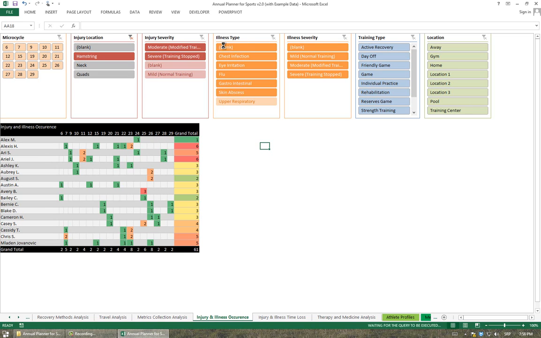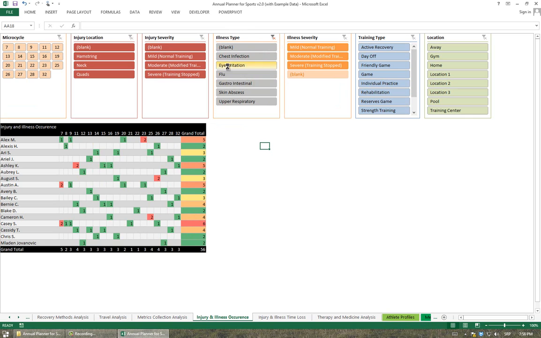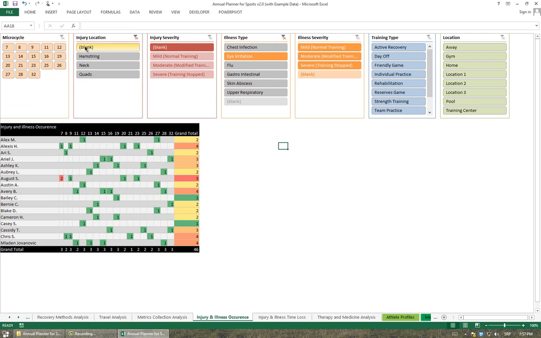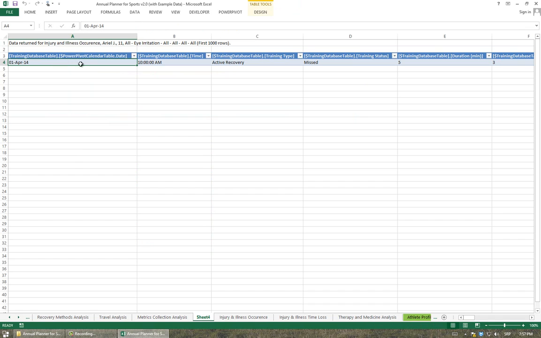Same thing for illness. How many illnesses do we have? This pivot table summarizes both the injury and illness. If they happen on the same day, we're going to have the number 2. So we need to click on injury location blank, if that makes sense. That removes the injury entries for that day. If we remove it by clicking over here, I'm going to show you that on this day, this player,